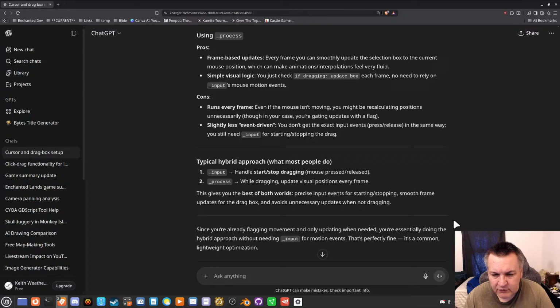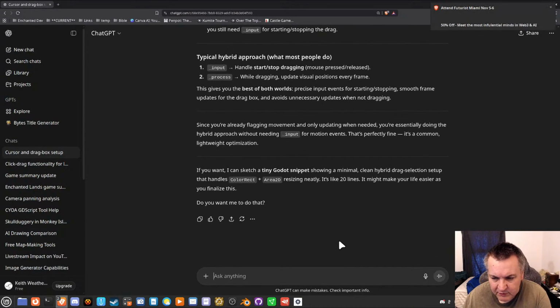You still need input for starting and stopping the drag. Handle start dragging in process, while dragging, update visual positions every frame. Precise input events for starting and stopping. Smooth frame updates for drag box. You're essentially doing the hybrid approach without needing input for motion events. Perfectly fine. It's a common lightweight optimization.